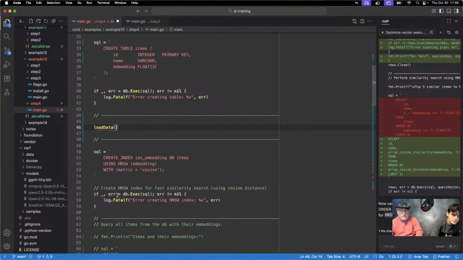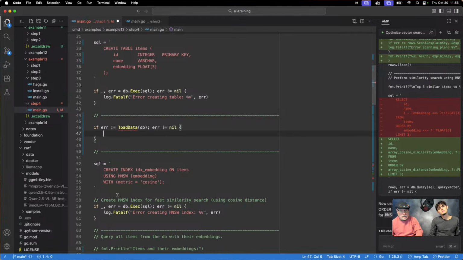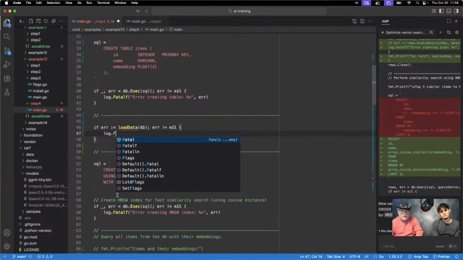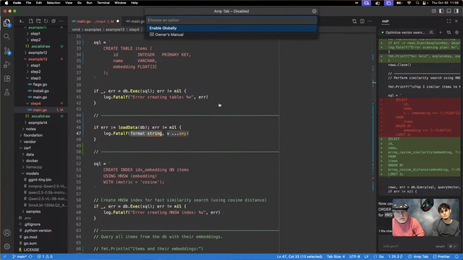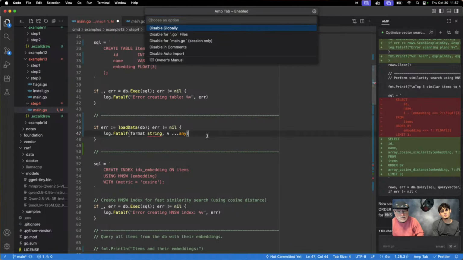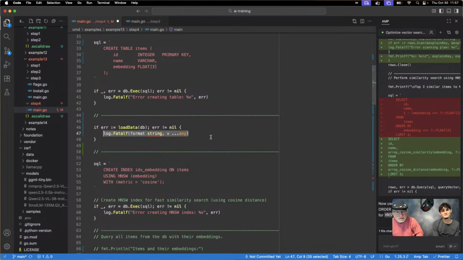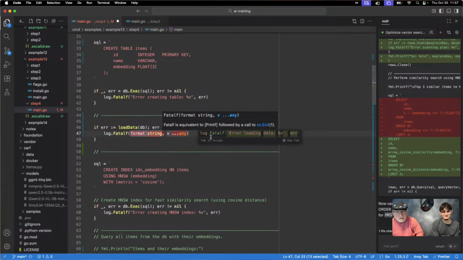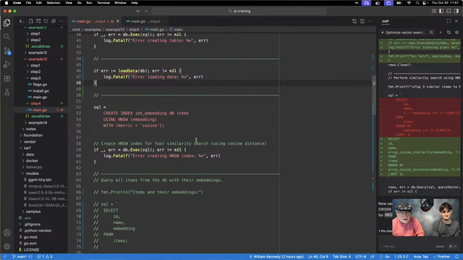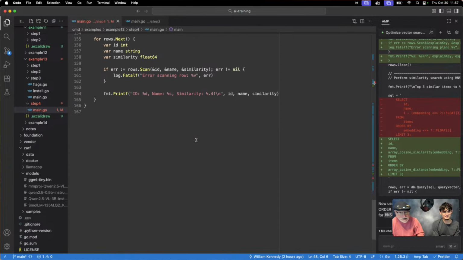load data, and we definitely have to pass that DB. Oh, I turned off tab completion. That's fine. I hate log fatal here, Ron, but it is what it is. Let's turn that back on real quick. Getting lazy in my old age here. Okay, that's fine. And I'm going to add